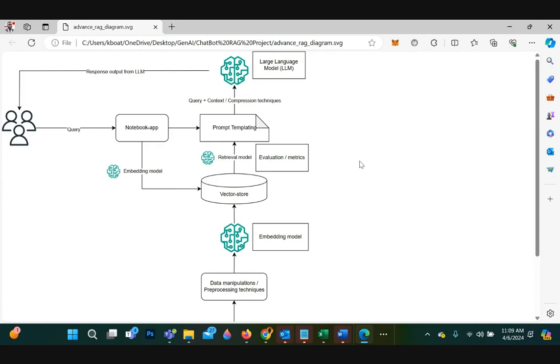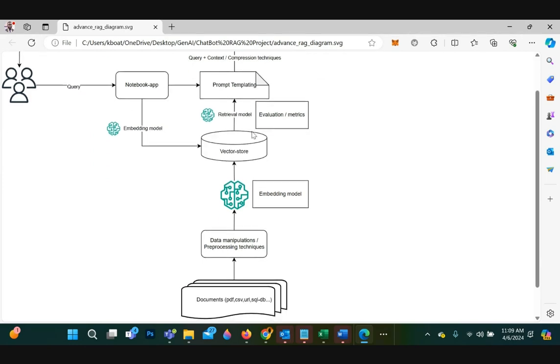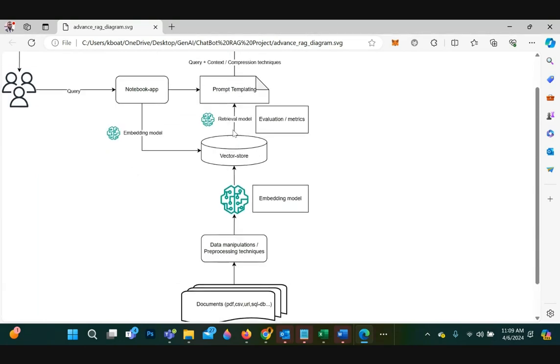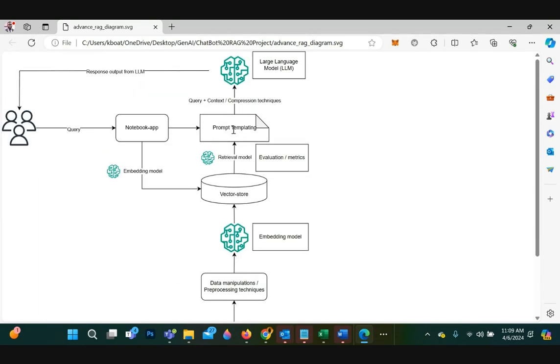Yes. Okay. All right, so this is the flow that I created to implement the RAG that we've been talking about. So hopefully this will shed more light on what we went through earlier.